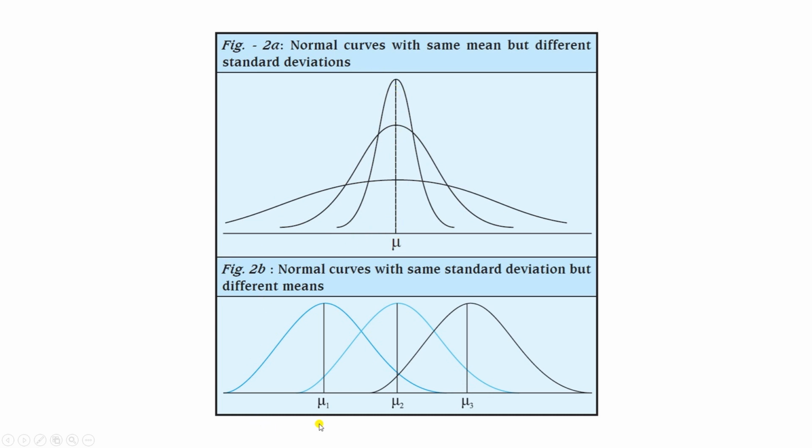In curve number 2 you can see there are 3 different means, that is why there are 3 different vertical lines, but the wideness is roughly the same. That means the standard deviation of each curve or each data set is the same, but the mean values are different. That is why they are not overlapping, they are placed side by side, and they look similar because of the same standard deviation, right.